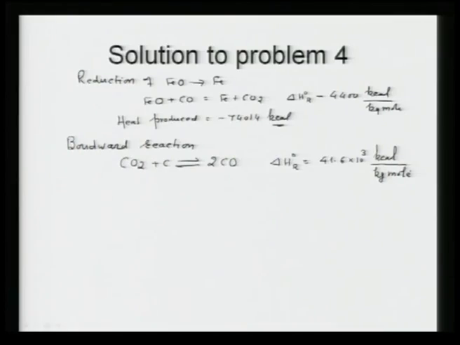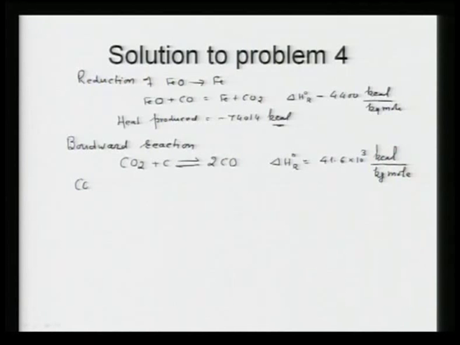Now, we have to find out from the exit gas how much amount of CO2 is being reduced by carbon. So, in order to find that, first of all we have to find CO2 in exit gas. That is straightforward. We know the percentage CO2, we know the total amount of gas, and CO2 in exit gas is 27.64 kg mole. So, amount of gas multiplied by its percent.